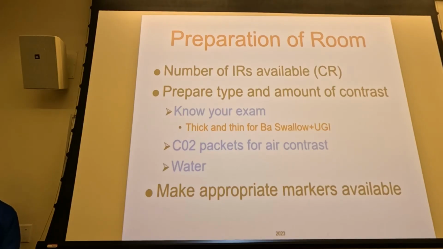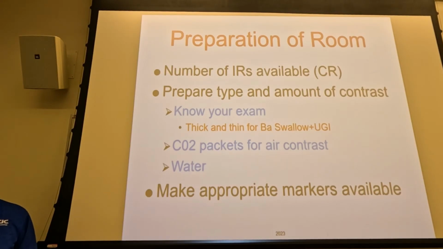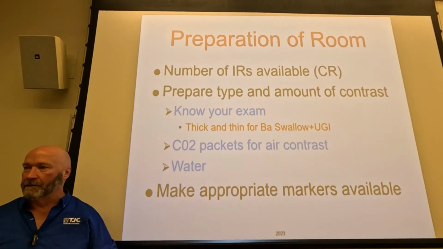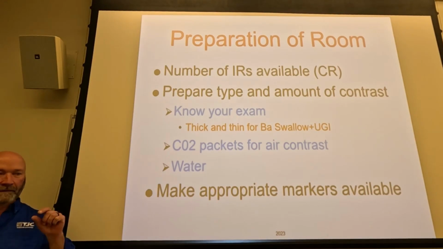If you're doing an upper GI, it's going to be double contrast if it's not iodinated. So if you know that the patient has a bleed, you're going to have iodinated contrast, right? But if they don't and you're doing an upper GI, assume that it's going to be air contrast. The barium provides one contrast and air provides the other. And what that is, is those CO2 packets. It's basically an unflavored Alka-Seltzer, crushed up. So you have just a small amount of water